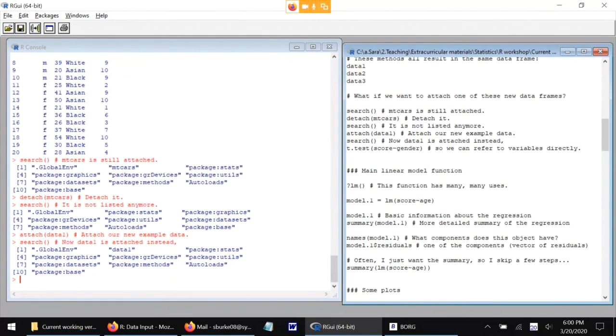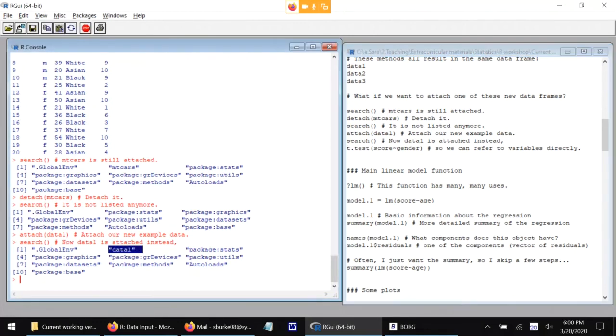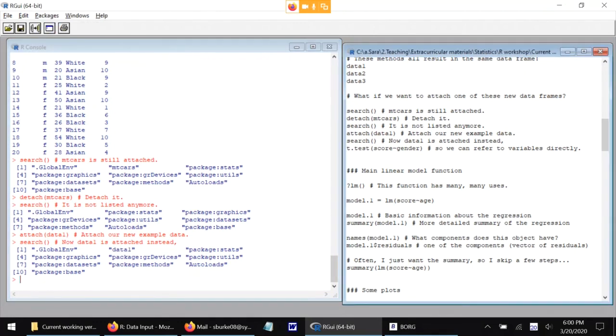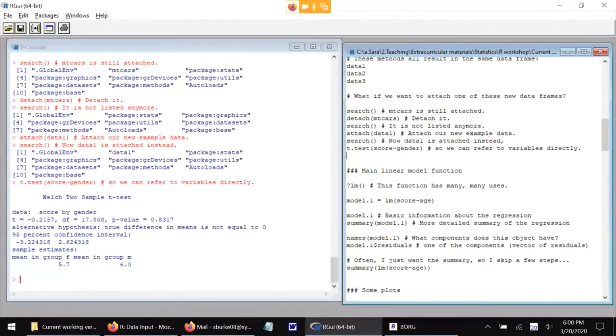And when I run search again, I can see that data1 is now the first place R is going to look after the global environment if I refer to an object by name and it's not in the global environment. So I can refer to variables in that data frame directly, for example, by calling t.test with two of those variables. This is one argument to t.test. This is a formula again, and the formula specifies the response variable, a tilde, and then the predictor variable. And so here's a t-test of the average scores by participant gender in this fake data set,